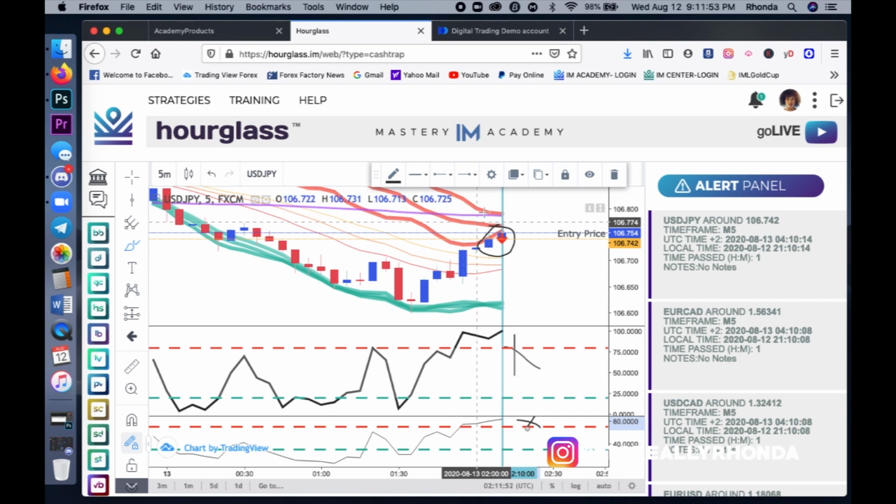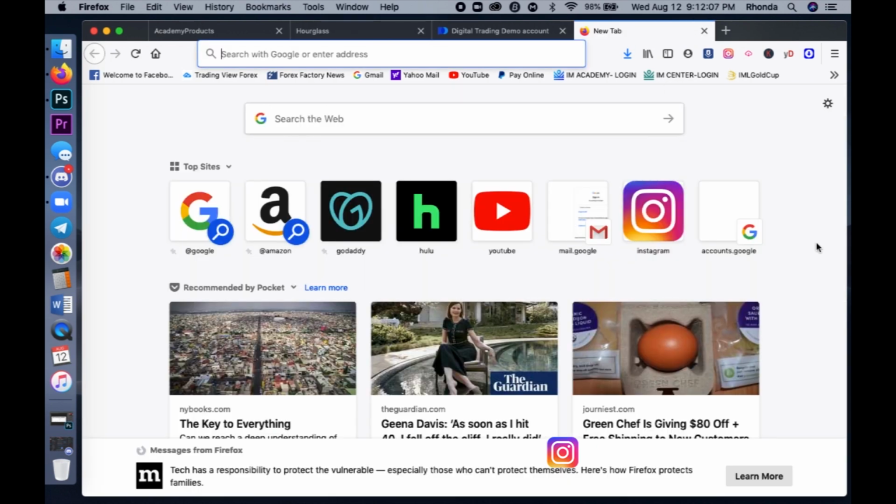Then you're looking for the purple line, which is going to be your EMA line. You see how it's above your price? You actually get a point for that. So you have points for both of those. So you don't have any points here, any points here. And then we're going to go to the